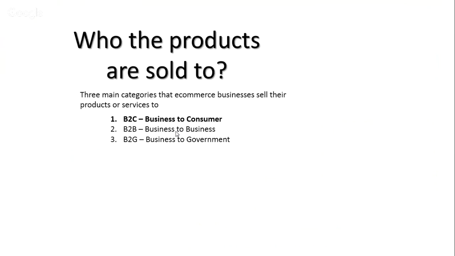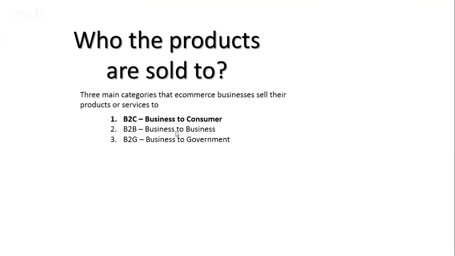B2B is business to business, where I can sell my products in a wholesale way, in bulk, to business customers. And B2G is government. Though on Amazon it is not feasible, that's a model where